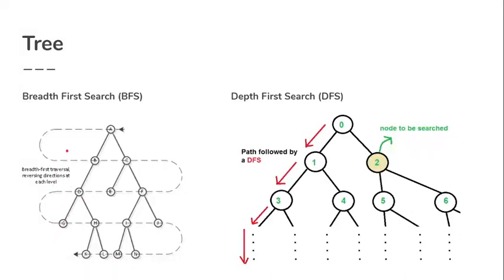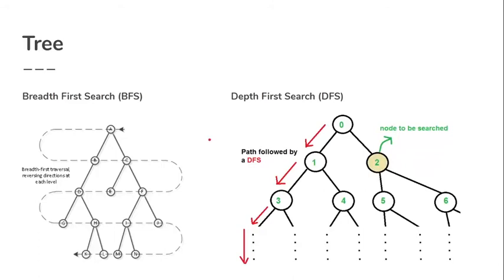So that is a tree. Let's see an algorithm. What is breadth first search? Breadth first search starts from the top floor and travels from the top floor to the bottom floor. Once it finds the element, it returns the index of that specific element, letting us know where the element is and what its index is. So that is the usage of breadth first search. And depth first search's performance is low compared to breadth first search.